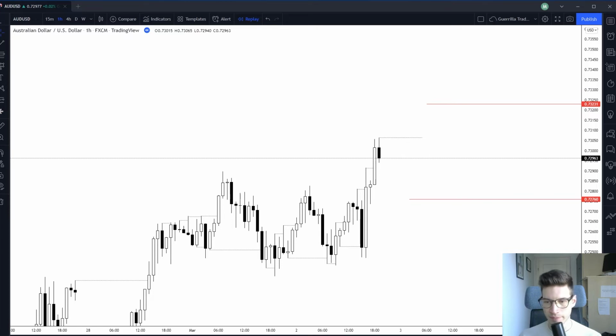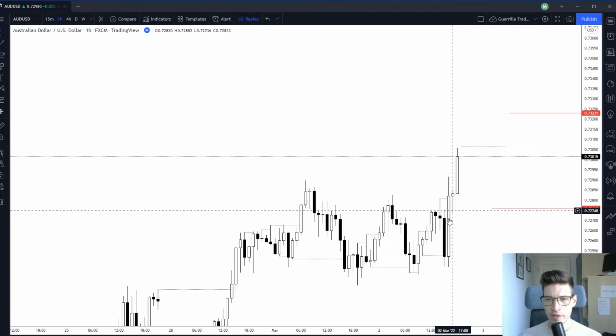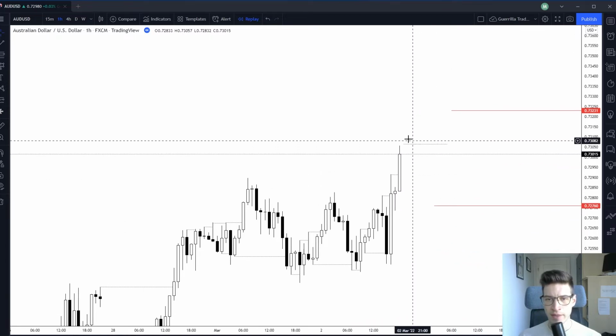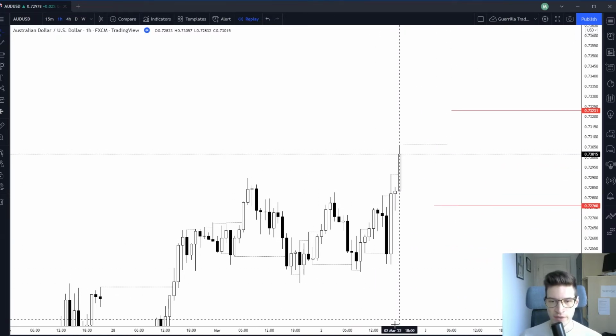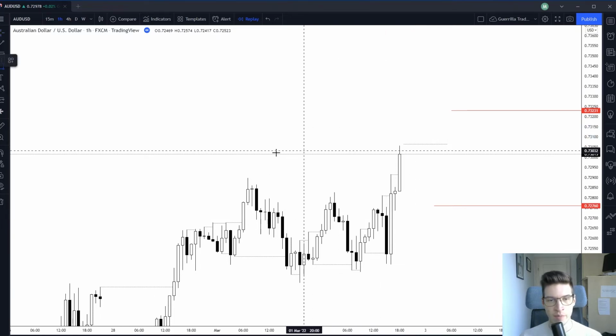Let me take it back. One more candle. Then we broke to the upside, and I was not looking for a trade just yet. I wanted to see more of a push. Again, because of the upper liquidity area,